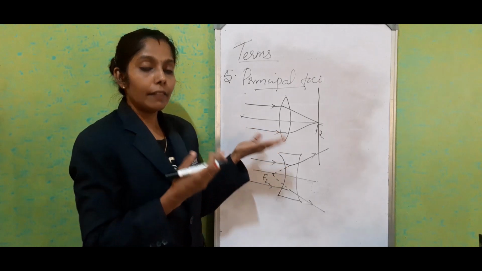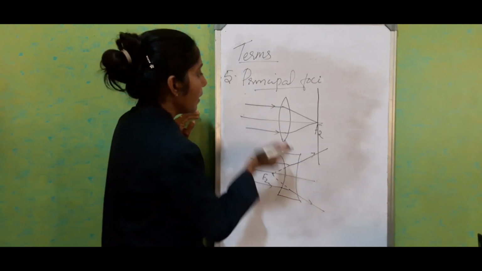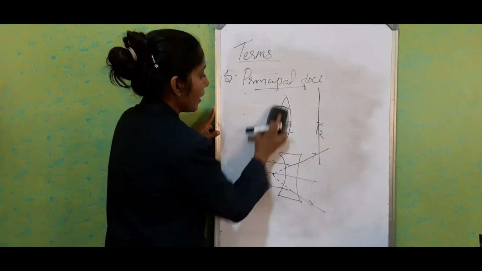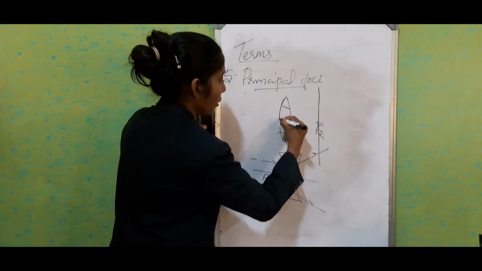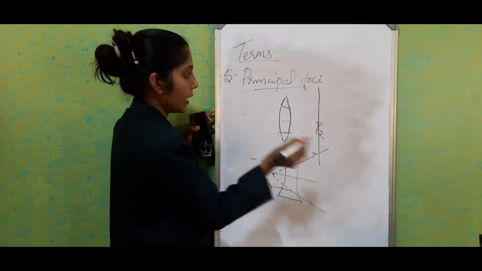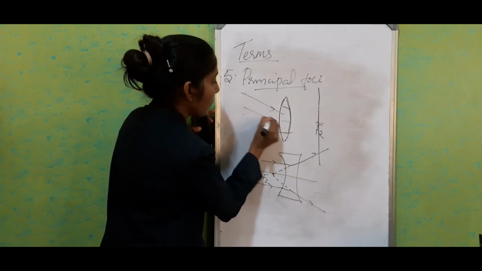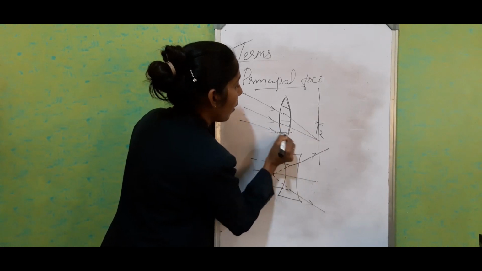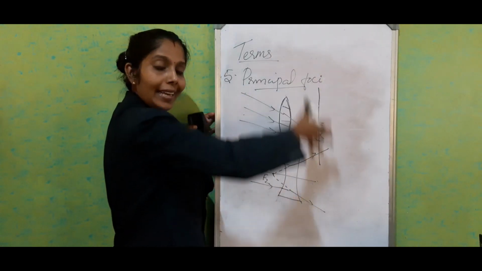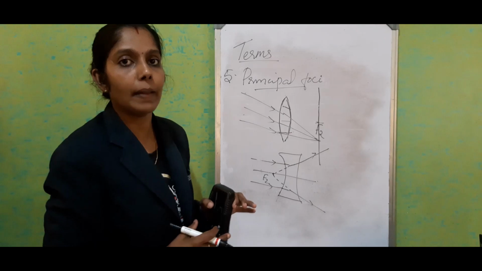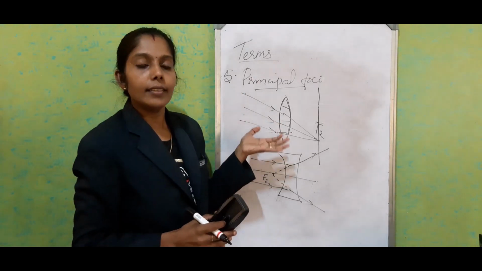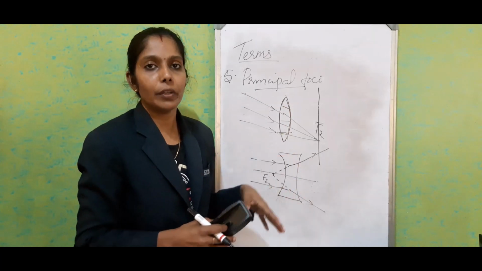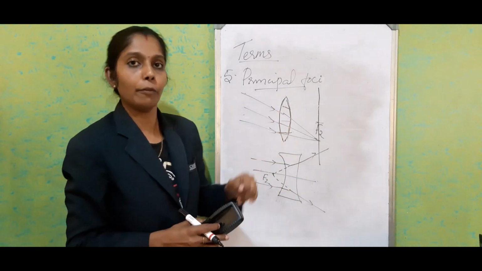So if the rays are coming through this way, it can converge, or I'll show how it is. The rays are not parallel to the principal axis. It came from any other direction. So if the rays are coming like this way, what happens? After that, it converges to a point on this plane. It will be anywhere on this plane. So we can consider that first focal plane, second focal plane. So that is actually what we call focal plane and focus.